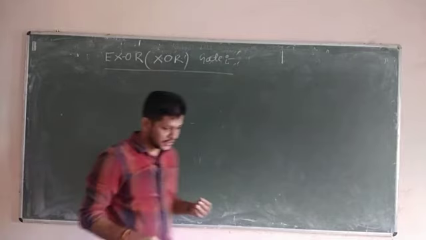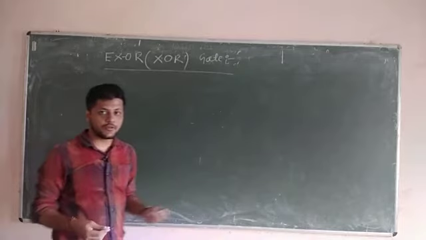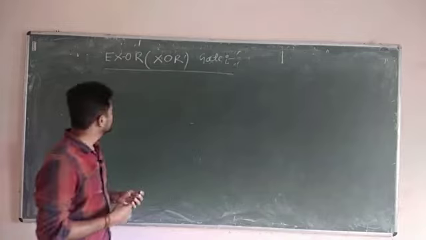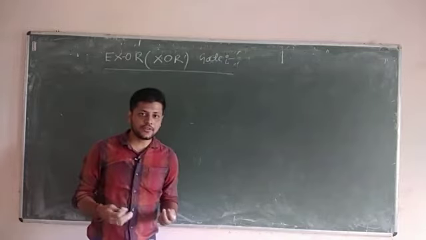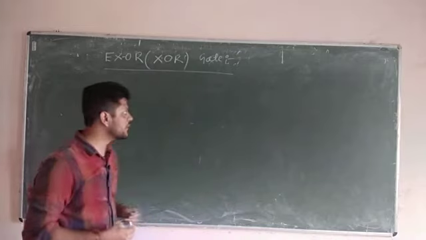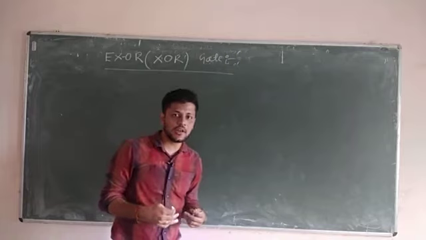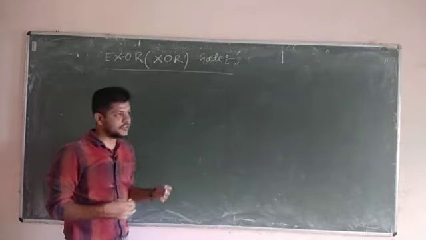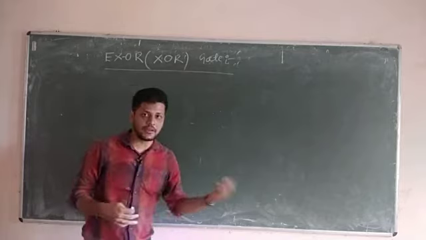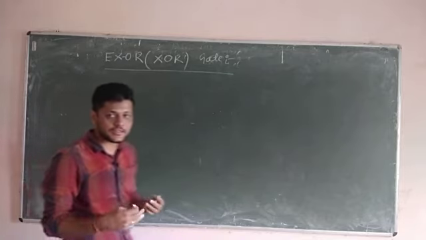Many times in 2 mark questions they ask you about this XOR gate. Draw the symbol for this XOR gate. Write down the expression for the XOR gate. Write down the truth table for your XOR gate. So many questions they ask you from this gate. It is very important with respect to the entire logic gates we have studied till now. The most important are the XOR and XNOR gates. After this gate I am going to explain another gate, your XNOR gate, and that's the last gate we will study.